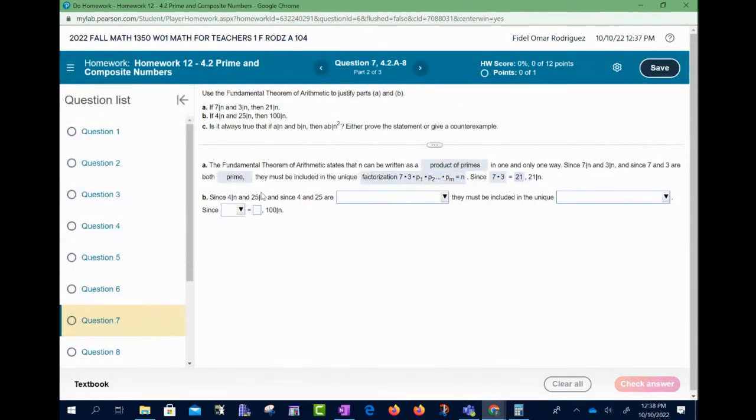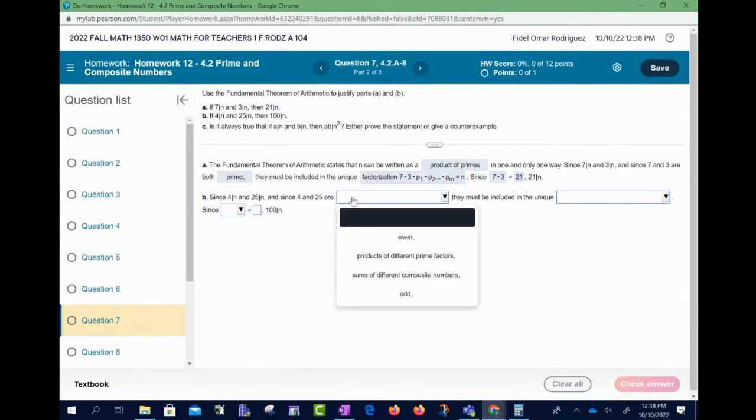Okay, since 4 divides n, and since 25 divides n, and since 4 and 25, I want you to think about the number 4. Can you break down 4 at all? Put 2 and 2, right? And can we break down 25 at all? 5 and 5, right? So guys, if 4 is 2 2s and 25 is 2 5s,